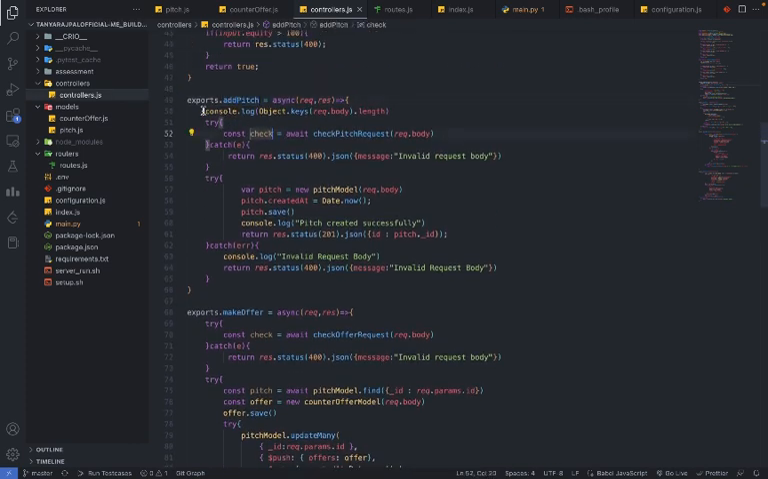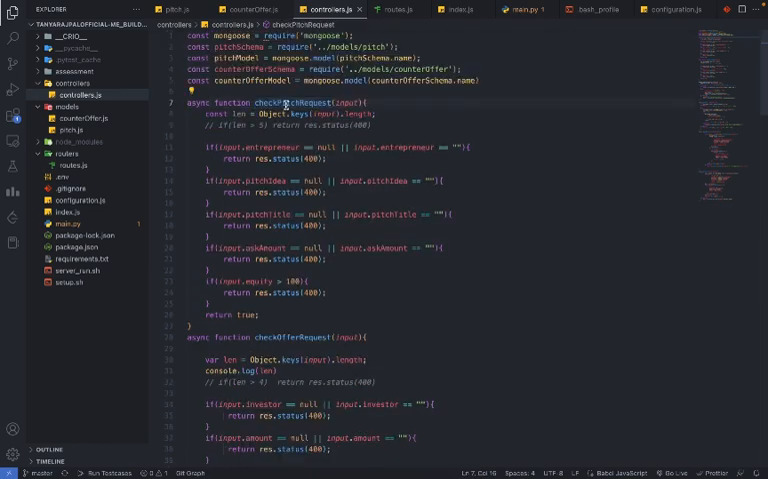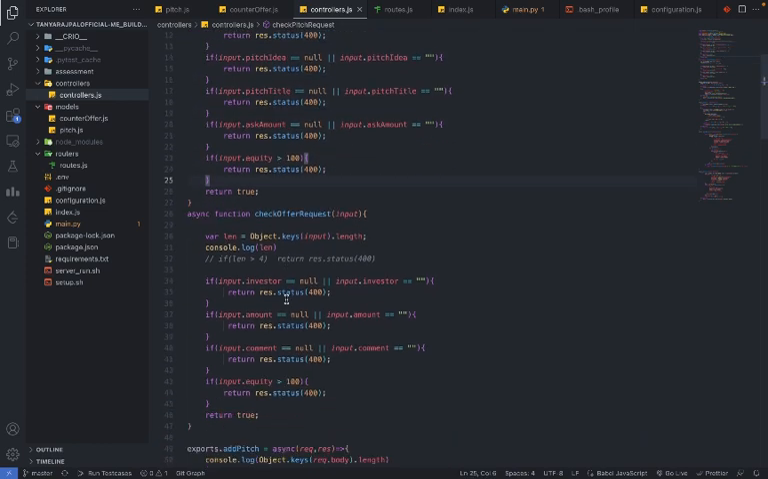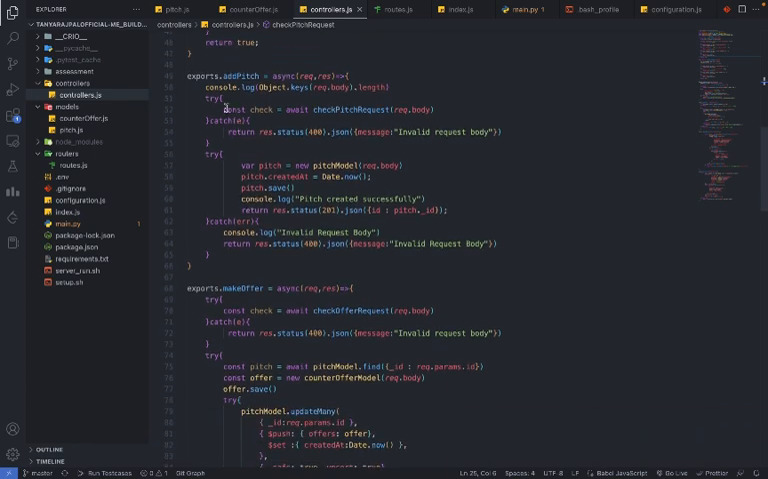In the add pitch function, I have firstly checked if my pitch request is valid or not, and this is my check pitch request definition. I have checked if all the fields are valid or not. After validating the request body, if the request is not valid, then it's going to return bad request with status code 400. Otherwise it will come to this try catch block, and it will create a new pitch model, and